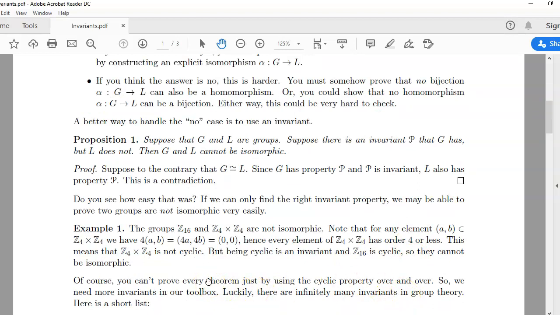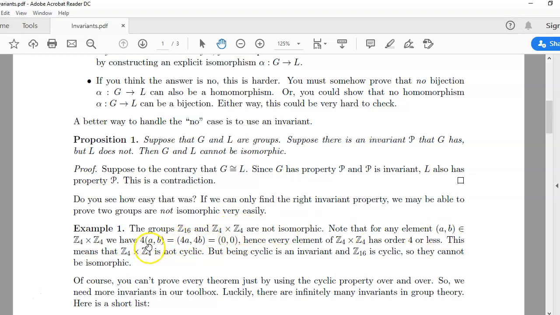Let me give you just one example. I'm going to leave it to you to think about other examples, and that's part of the practice problems that I'm going to include at the end of this handout for the exam. Okay? But let's just do a basic example first. Example 1. I claim the groups Z mod 16 and Z4 cross Z4 are not isomorphic. They are both order 16. Okay? So what you do is you take an element (a, b) from Z4 cross Z4,